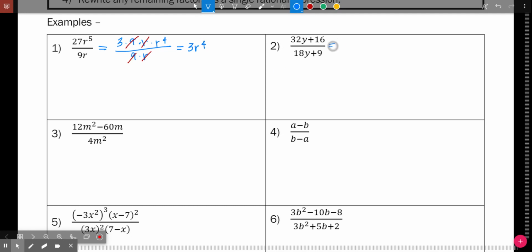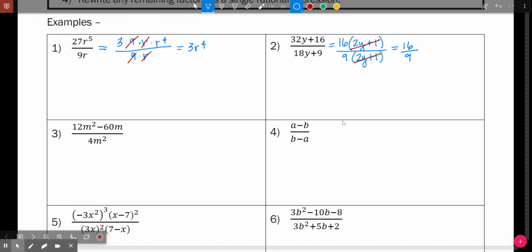Similarly, in number 2, if we factor each of these expressions, so I have 32y plus 16, well, these both have a 16 in common, and that leaves me with 2y plus 1. On the bottom, 18y plus 9, these both have a 9 in common, and that leaves us with 2y plus 1. So you cancel out the common factor in the numerator and the denominator, and then you rewrite what's left over